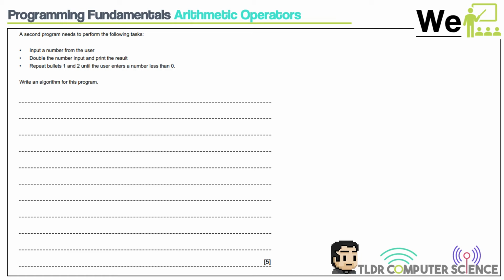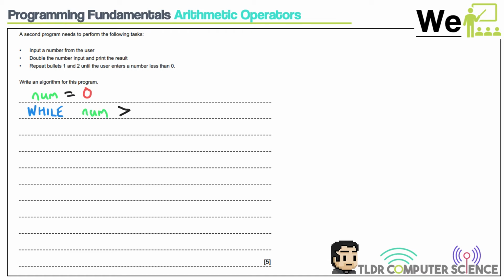For the logic for the while loop, we're going to have to consider how many numbers have been added. So what we can do is have a new variable here called num. That's short for number. And let's initialize it to 0. And then the command we've got is while, because that is the command for a while loop. Now, what are we checking? Let's have a quick read. It says, until the user enters a number less than 0. So this should keep on going while the number is 0 or higher. So while num